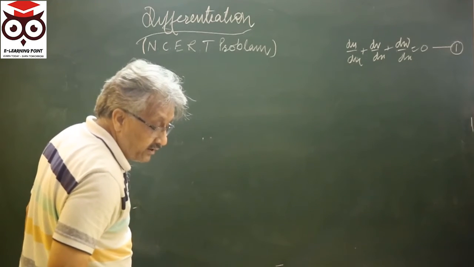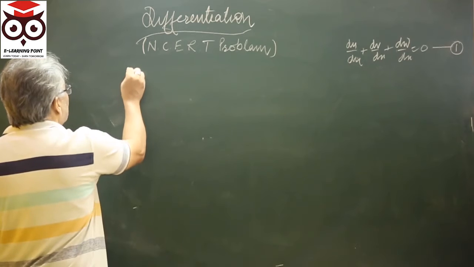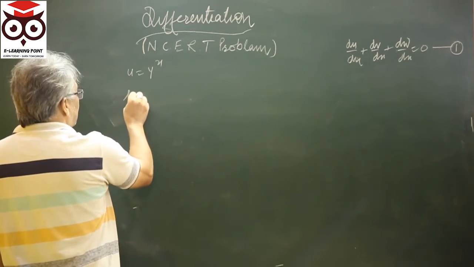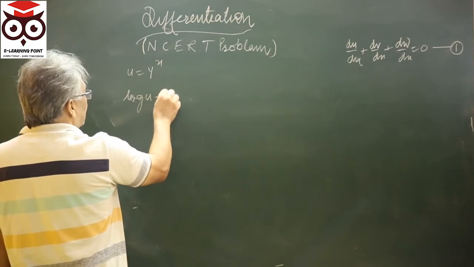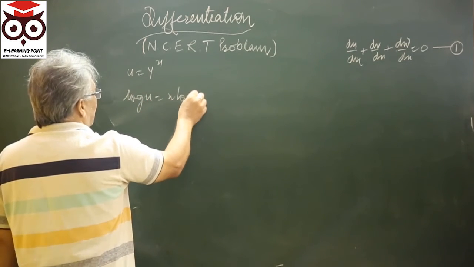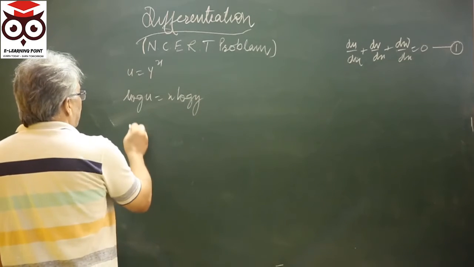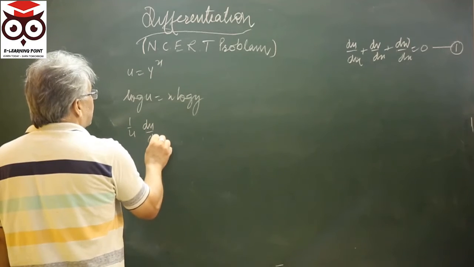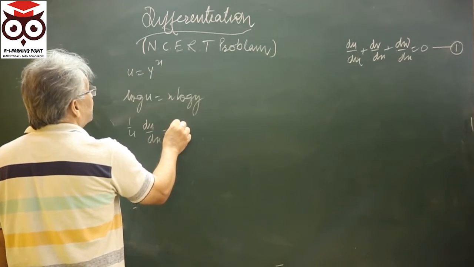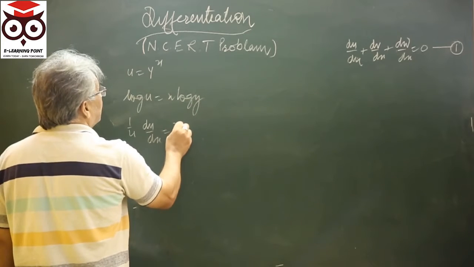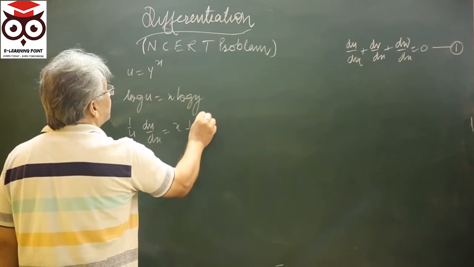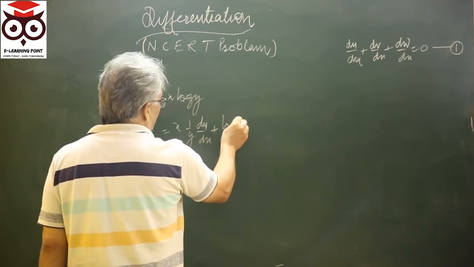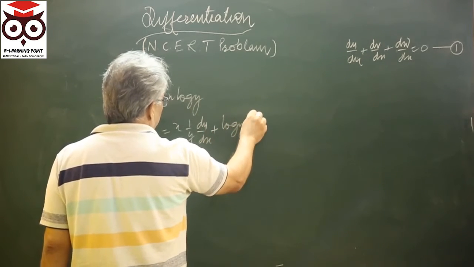तो फर्स्ट क्या हो गया आपका, u इज इक्वल टू y to the power x. You will take its log both the sides, so this can be written down as log y. So this is 1 by u du by dx. This is first function as it is. Second function का differentiation. This is dy by dx plus log y and x का 1 होता है,